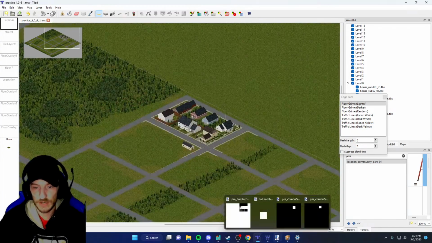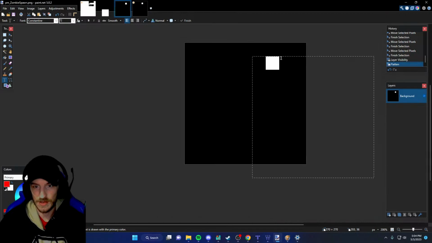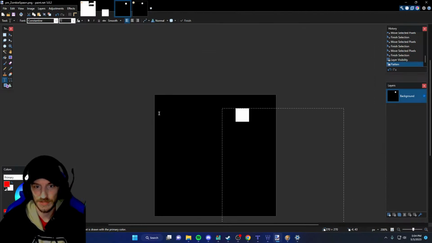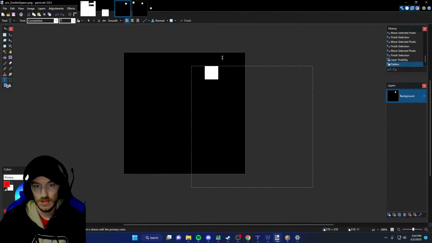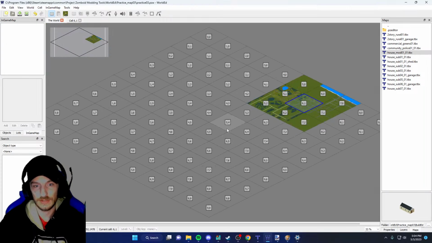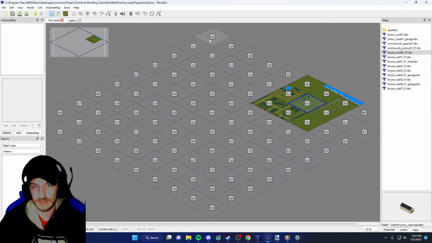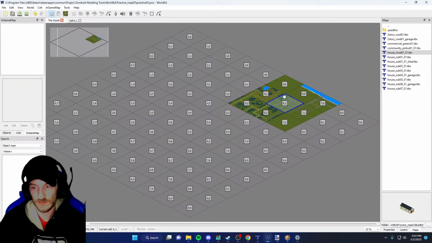I've just been working on the zombie cells, just figuring out which one's which. This is a 300 by 300 image. If you're making a map with multiple cells, let me show you. So, like here, I started working on a 10 by 10. It does go up to 9, but 0 counts as 1, so it's 10 this way and 10 this way,